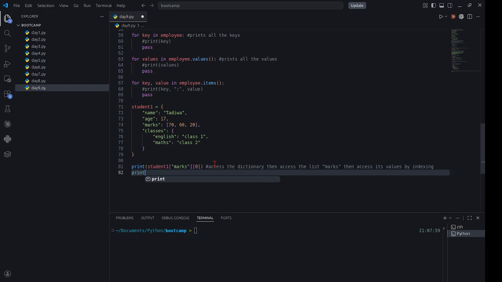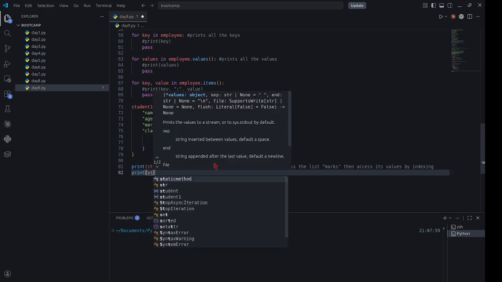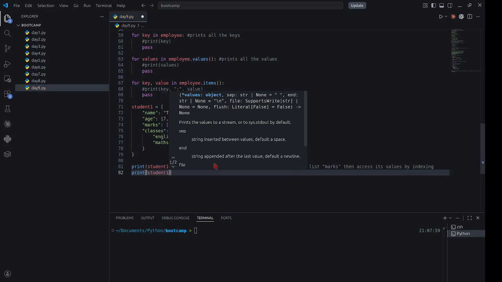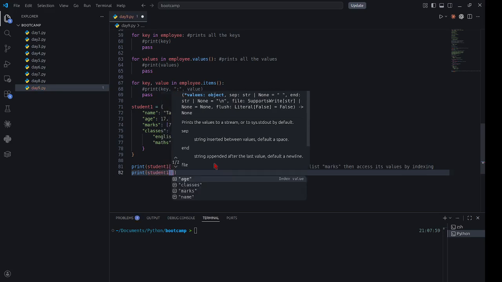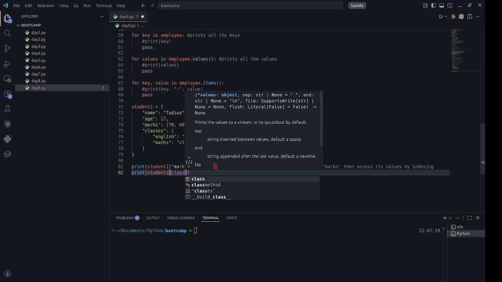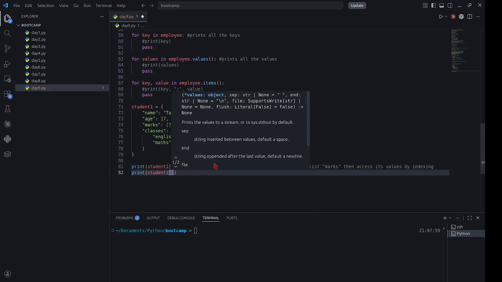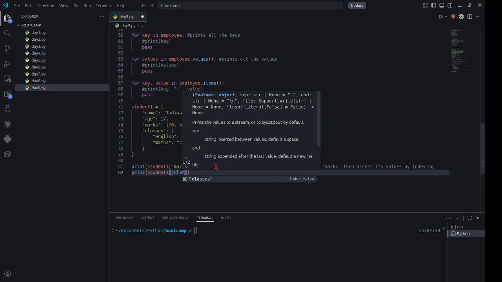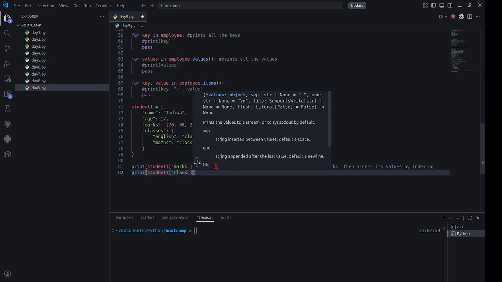And then also have print student 1, classes,